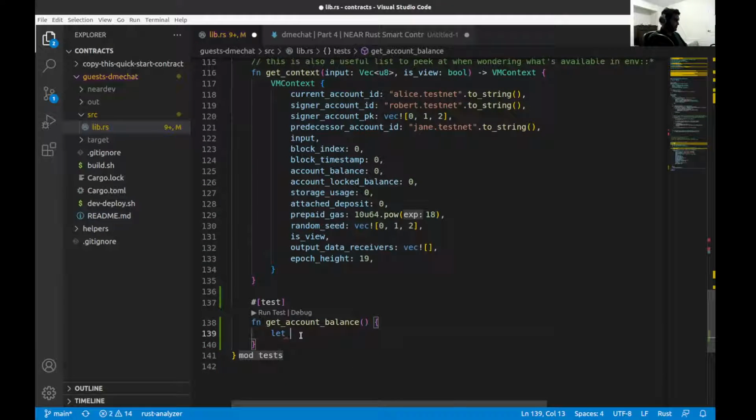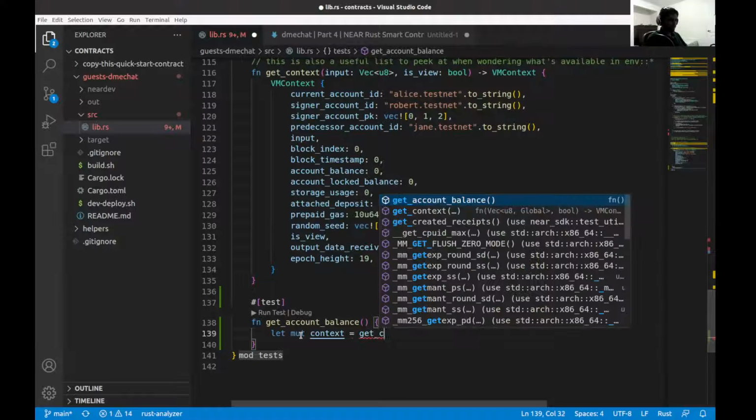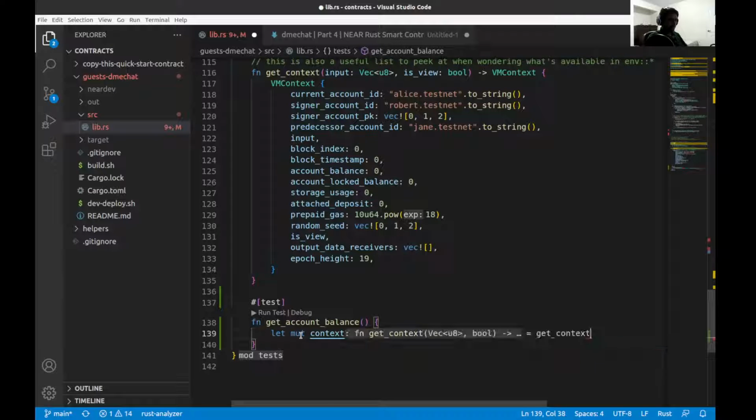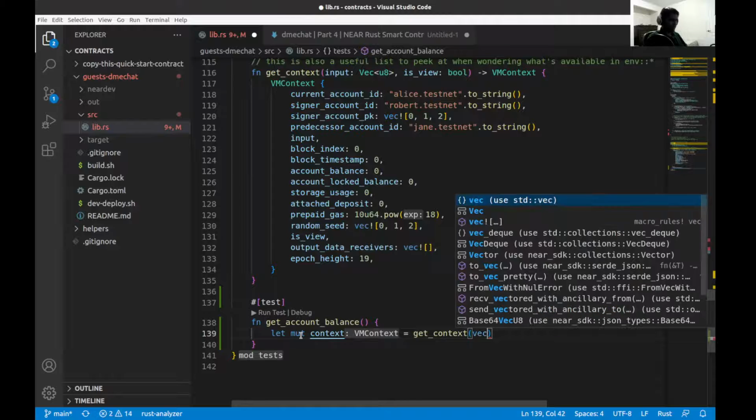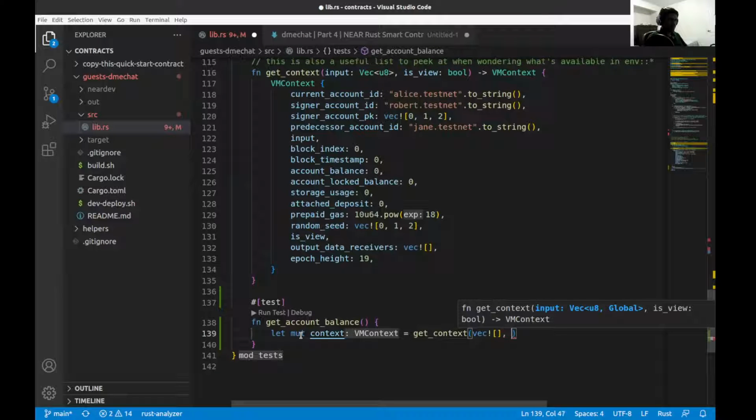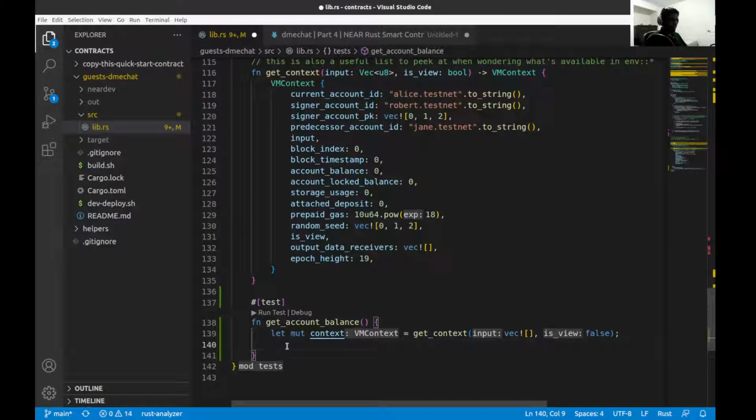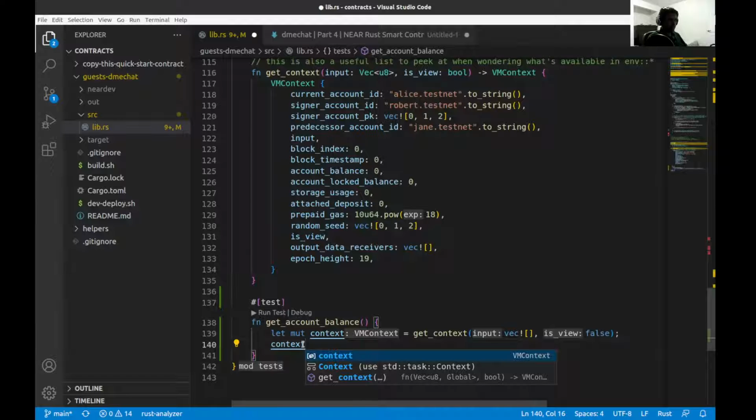All right. So we're going to bring in our context from here. Get the context, and there's no input and it's not a view. We then want to make sure that context dot